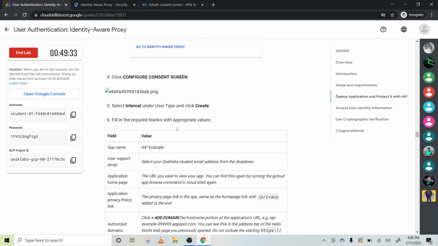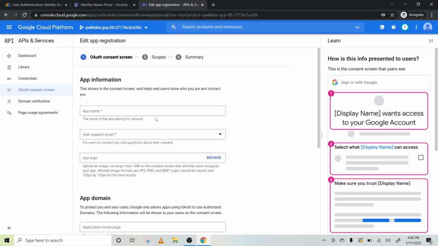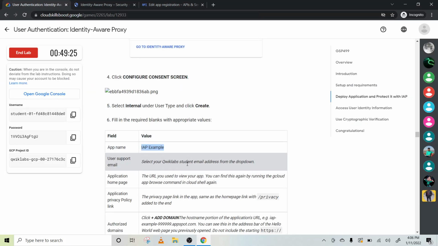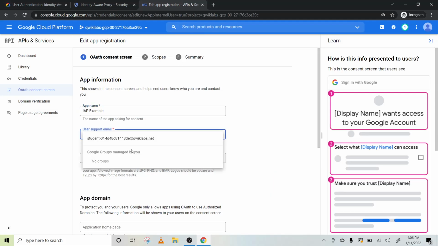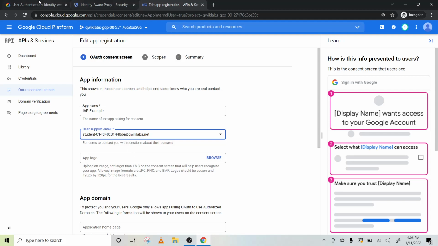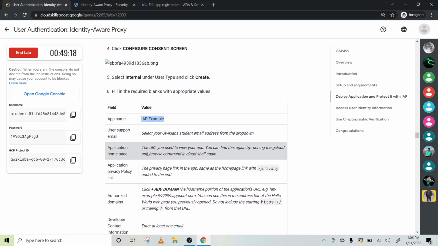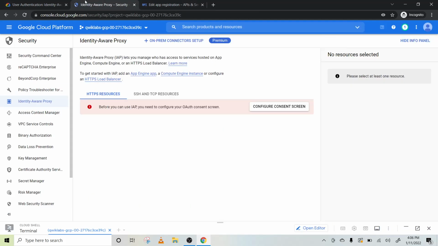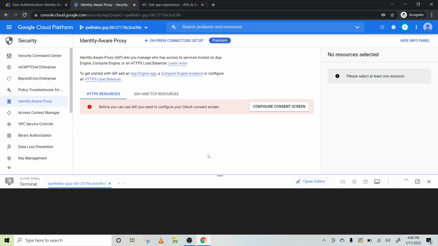Fill in the following: app name, app example. Select the Qwiklabs email address provided. No need to type the logo. In the URL, you can. So we have our URL. Do you know where it is?